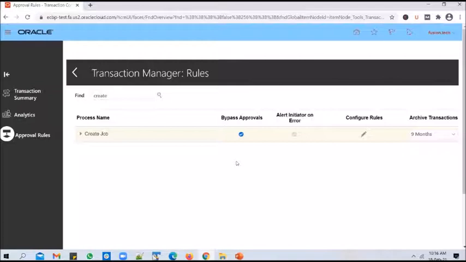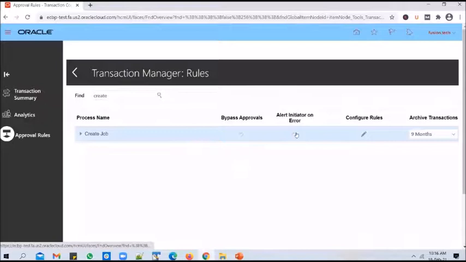What if the client wants to enable approvals? The first thing you need to do is take off this checkbox. This ensures that approvals are not bypassed, and every job request submitted will go through the approval process now. And you have another option called alert initiator on error. So I would advise you to check this whenever bypass approvals is unchecked, because what this will do is